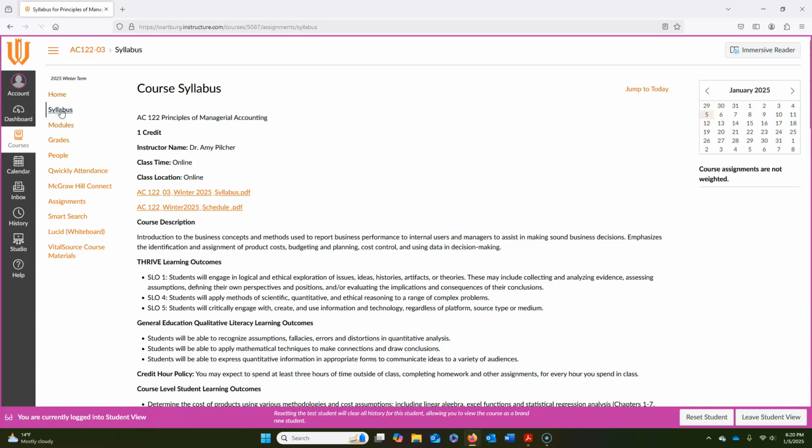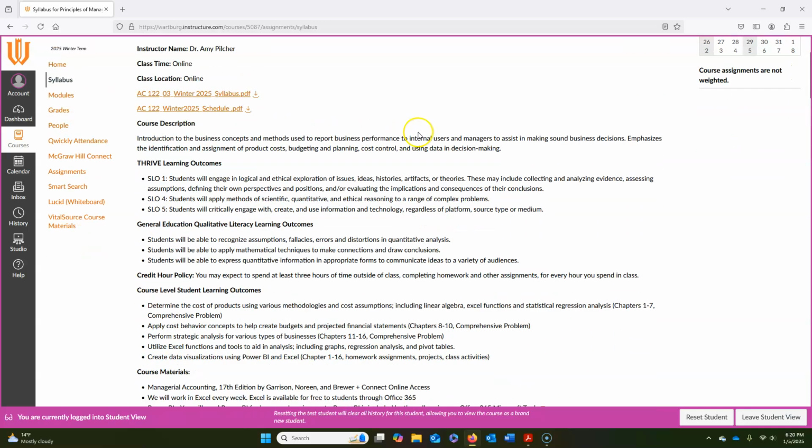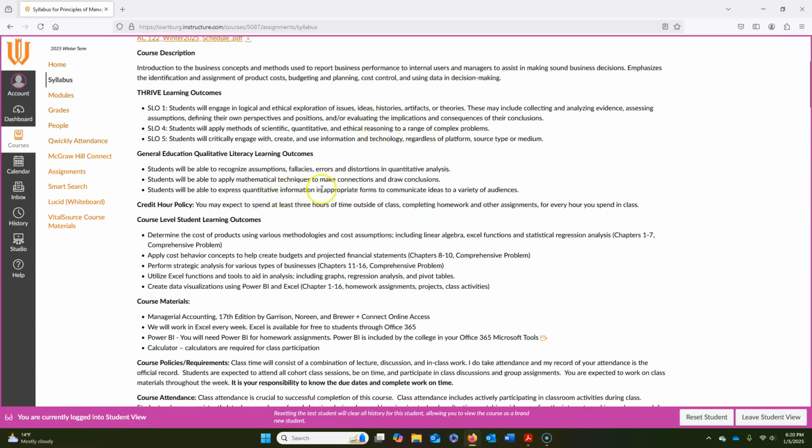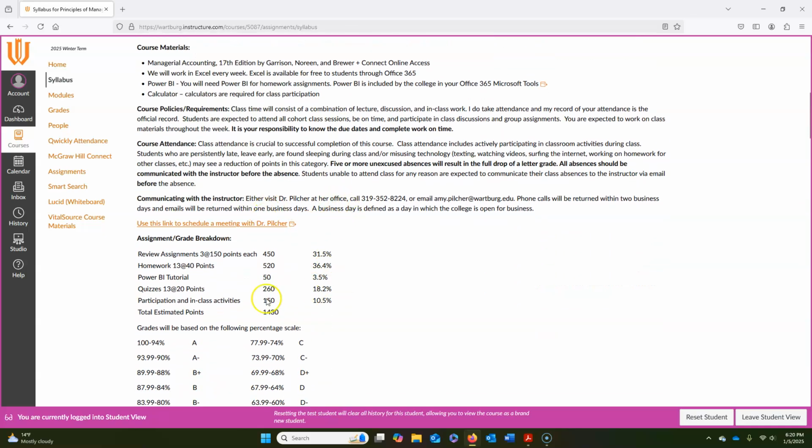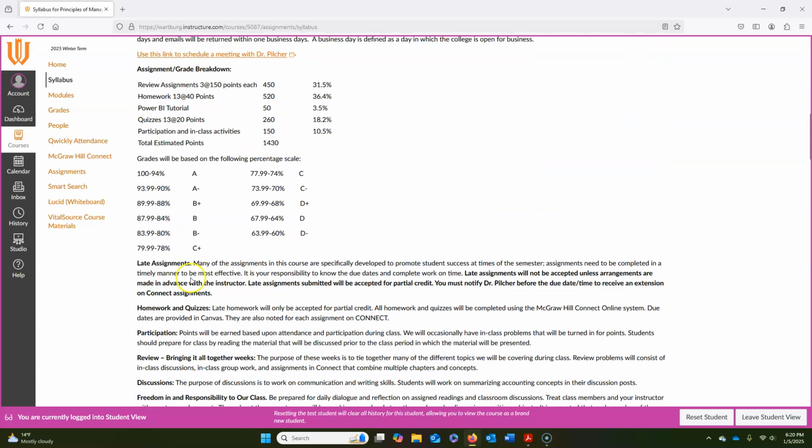So first we have the syllabus. All of the information that you need about the class, the learning outcomes of the class, the materials that you need in the class, and various other items, how you are graded on the class,